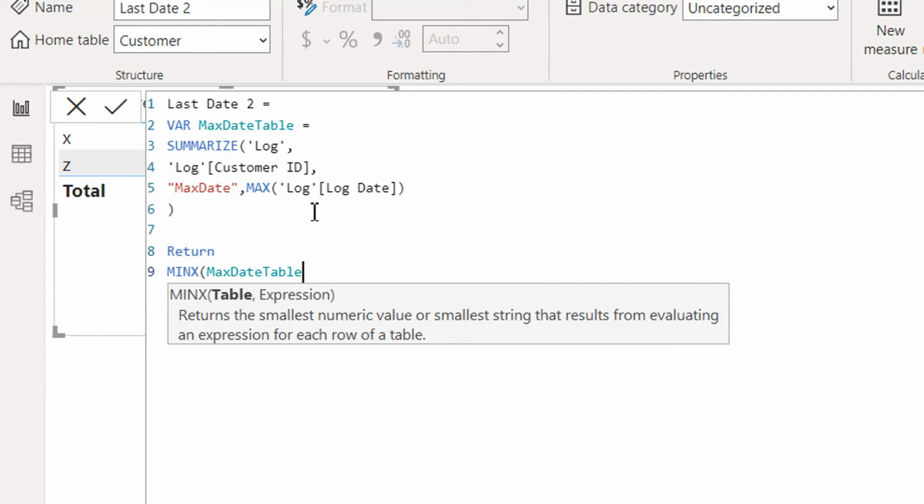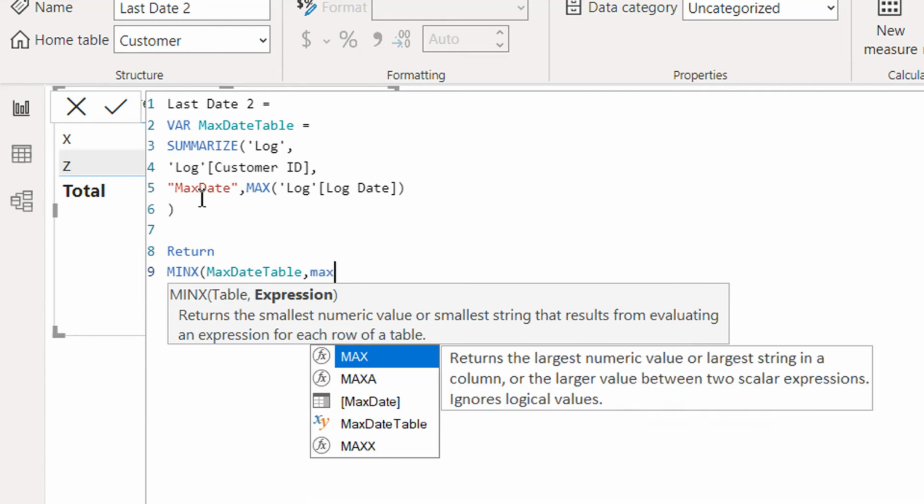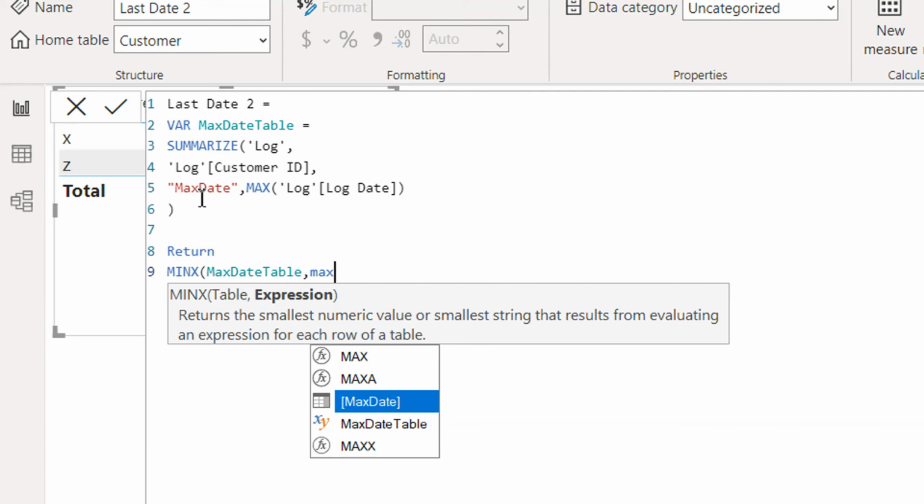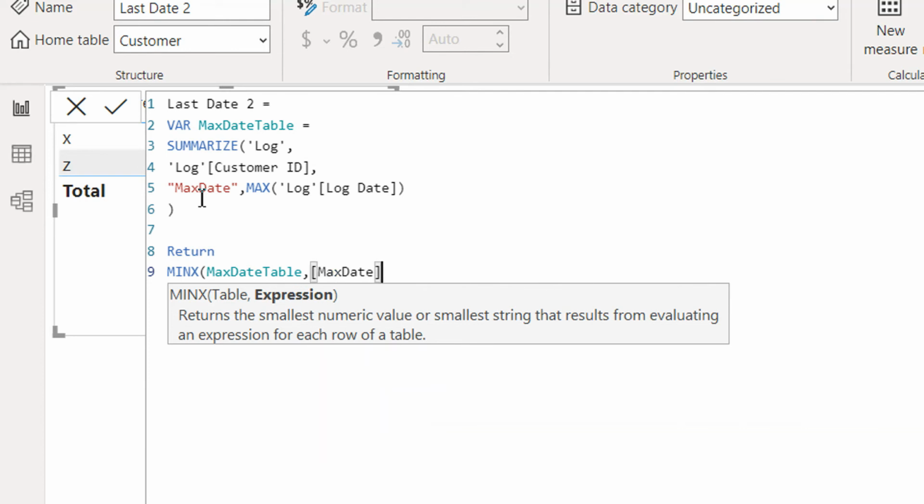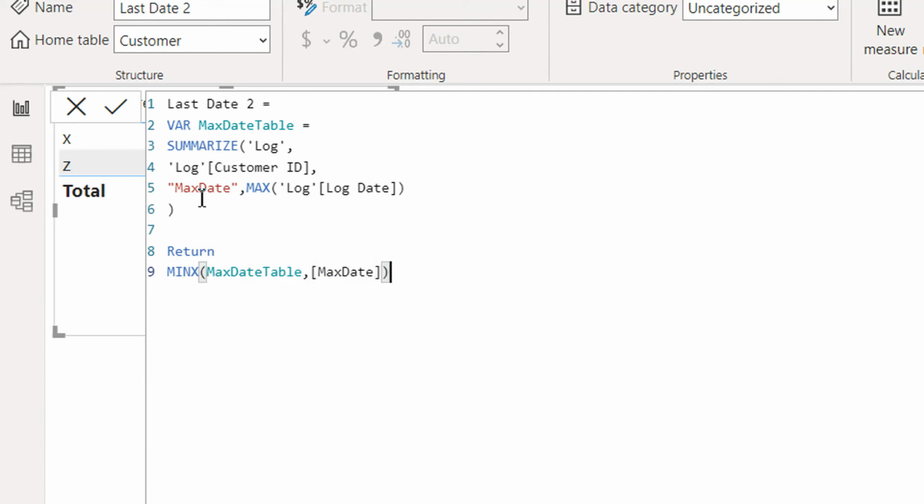And what we need to return is the aggregated column max date. Okay, so that's all.